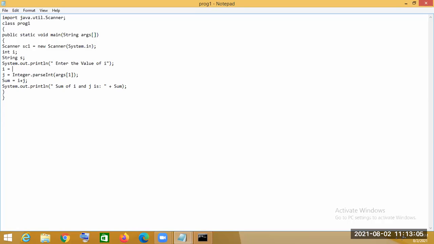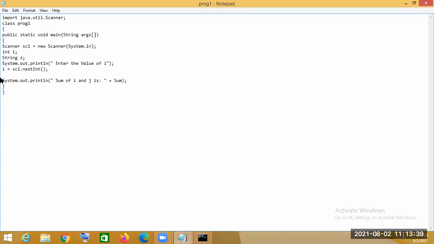For integer, it is used nextInt. So how should this method be called? The Scanner class object is sc1, so through sc1 we will call that method, nextInt. To take the integer value as user input, we will use the nextInt method.